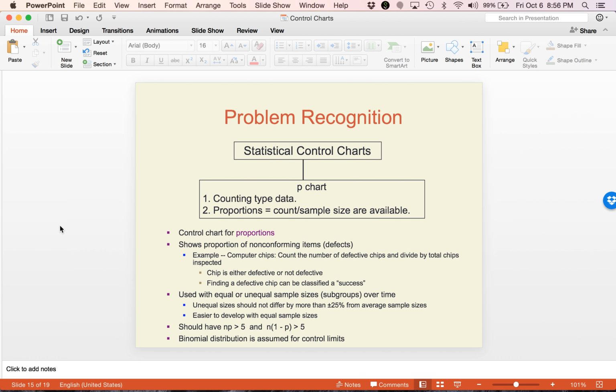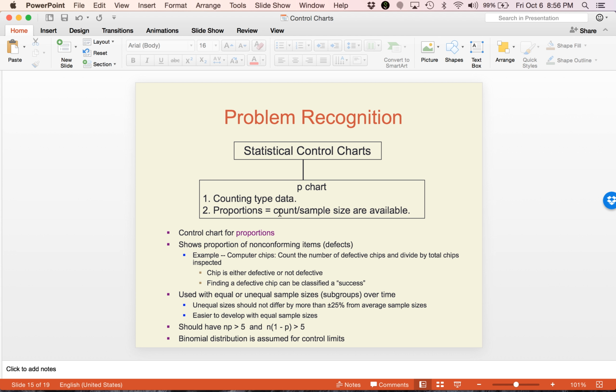So let's look at the kind of problems we might have. A P chart actually stands for proportions, or a proportions chart. So if we have data that we are counting, usually from a categorical variable, and we're just counting how many are in a particular group, like we might be counting the number of defects, like how many of these products were defective. And if you divide that by the total number of products manufactured, or at least in the sample,